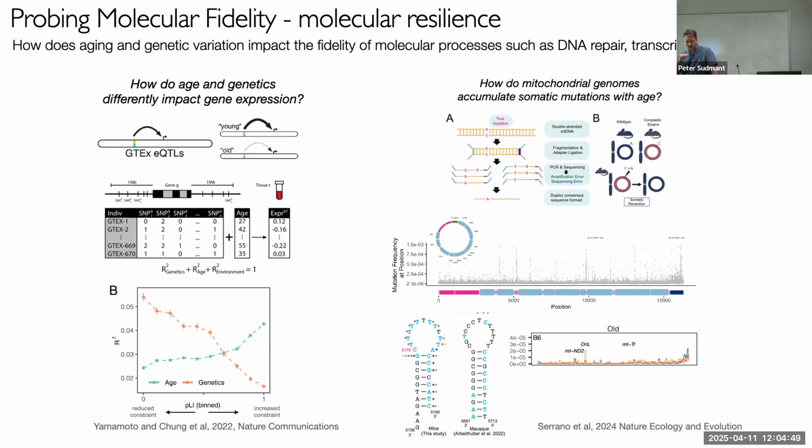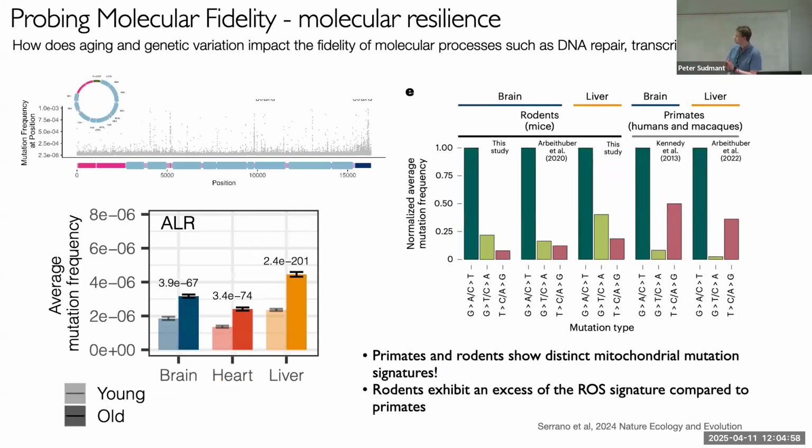And we tried to look at how somatic mutations accumulate in mitochondria throughout the lifespan of these mice. There was a lot in there that I won't go into in depth, but I just want to show you one tiny little thing. On the top here is a mitochondrial genome that's been unrolled. All those little dots up there, it looks like a Manhattan plot. That's the mutation frequency in a mouse. So there are all these mutations happening at very, very low frequency in mitochondrial genomes as they're replicating.